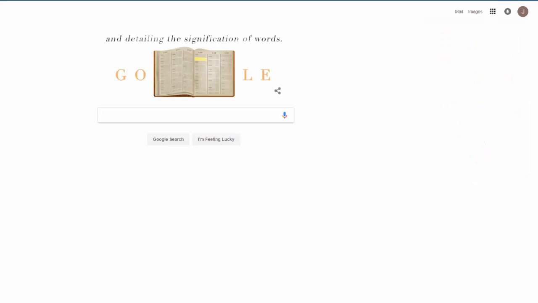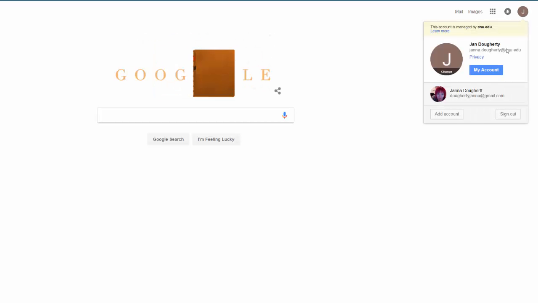One last note. We do acknowledge that many of you may already have Google accounts of your own. You are able to be logged in with multiple Google accounts using the same method and simply clicking Add Account instead of Sign In. Then you can use this spot at the top right to switch from account to account as needed.